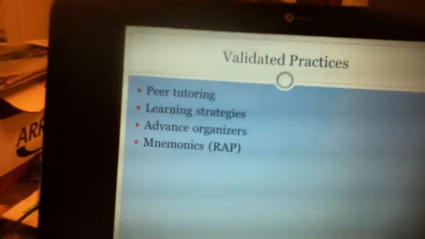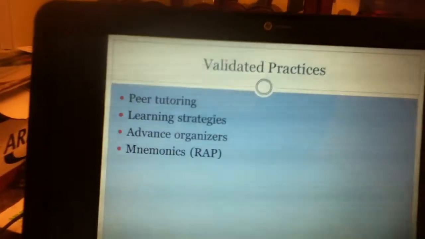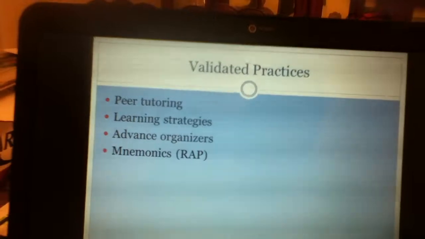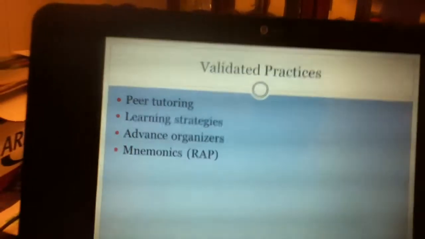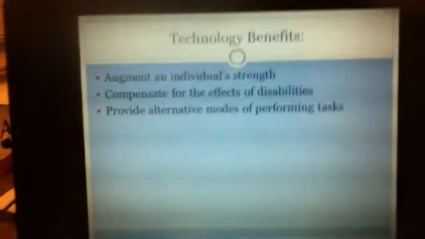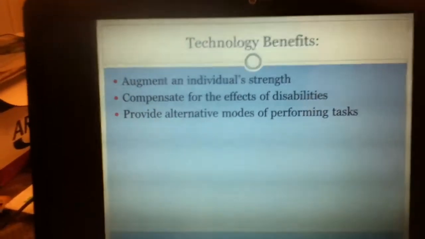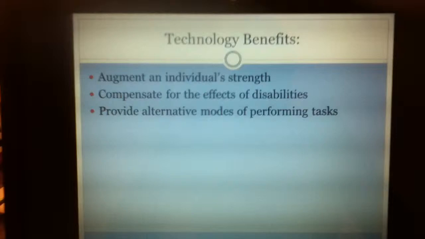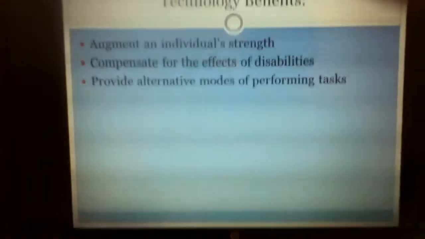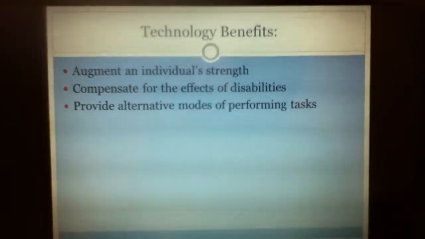And the RAP, that stands for read the paragraph, ask yourself the main ideas and details in the paragraph, and put the main ideas and details in your own words. And the technology that benefits students is helping them augment an individual's strengths, compensate for the effects of their disabilities,